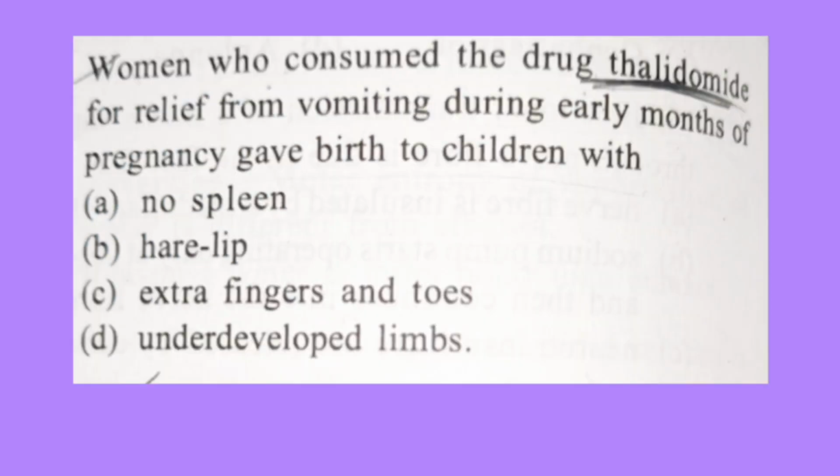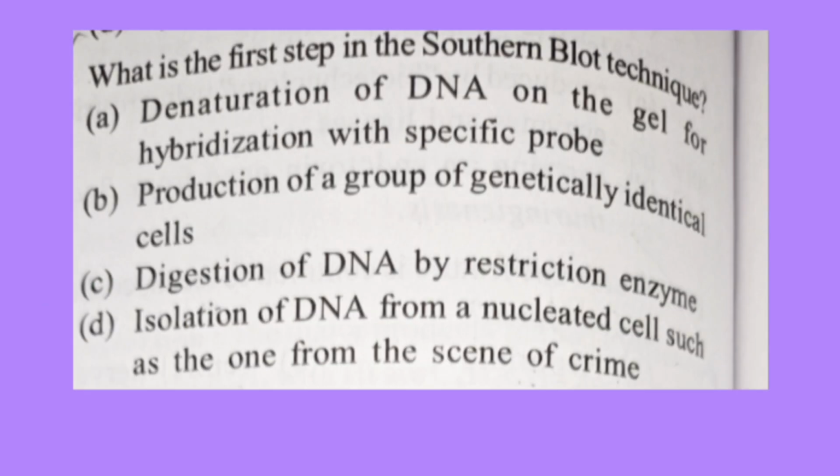And the next question is, women who consume the drug thalidomide for relief from vomiting during earlier months of pregnancy give birth to children with? So the correct answer is option D, underdeveloped limbs. Which is the first step in Southern blot technique? So the correct answer is option D, isolation of DNA from a nucleated cell such as the one from the